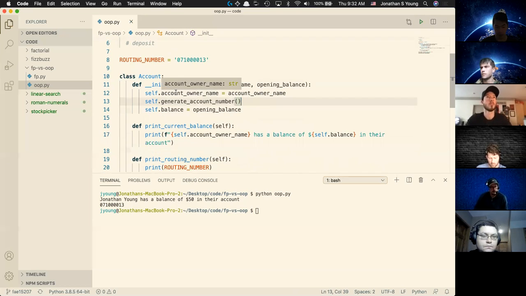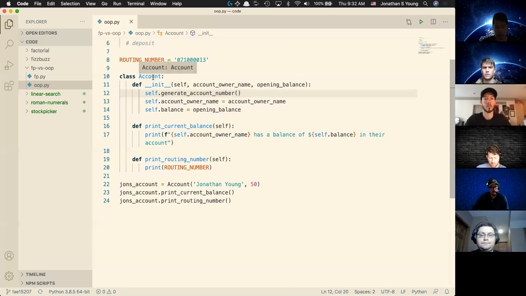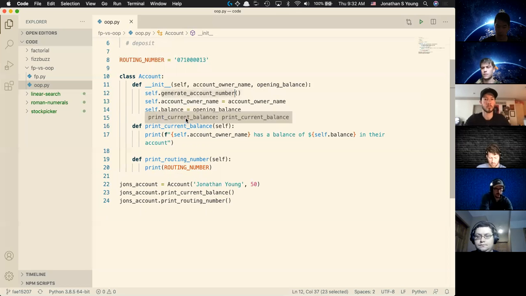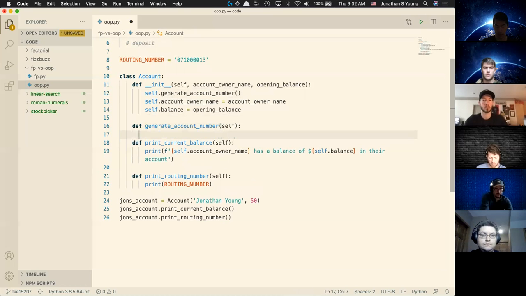I'm going to run that second. All right, maybe I'll run it first. So whenever I create a new instance of the account class, on line number 12 here, I'm going to generate an account number right away. So let's say I'm going to do def generate account number. It's going to be self because it's an instance method. And I'm just going to say self.account number is equal to,